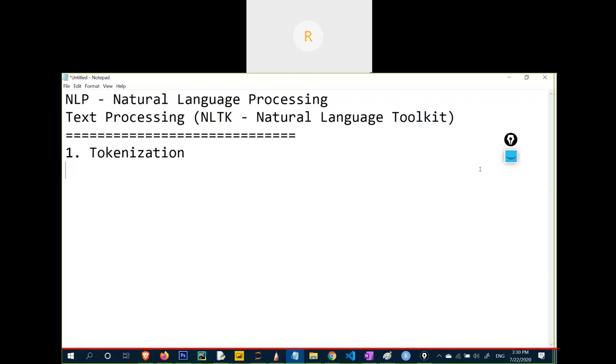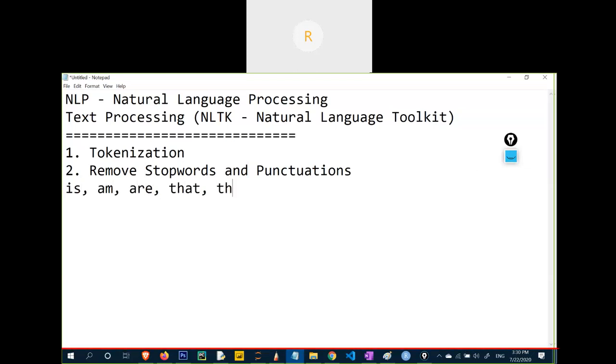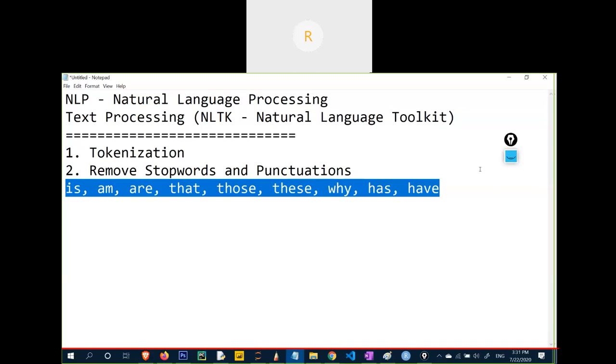Now the second step is remove stop words and punctuations. So what are the stop words and punctuations? Stop words are like is, am, are, that, those, these, why, as, have. These words are the stop words, and we have to remove these kinds of words from our data.